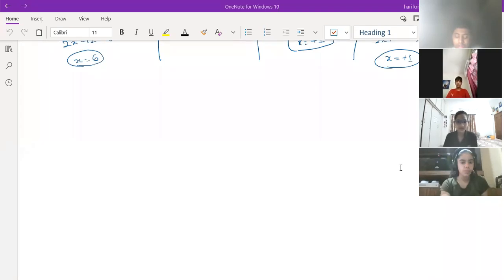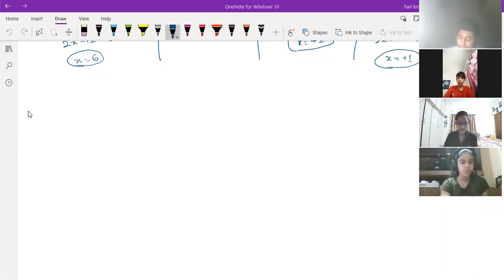Next. Yes, sir. The sum of all oxidation numbers in a neutral compound is equal to 0. What is the sum of all elements? So let's take CuSO4, 1 Cu and 1 SO4.